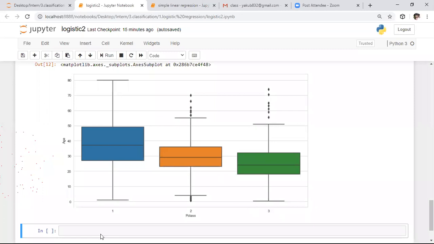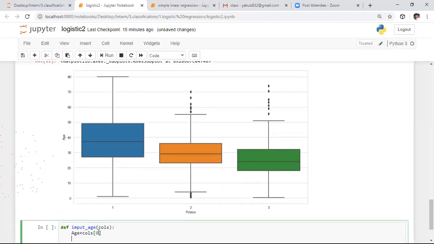For that purpose, here I am creating one function. We need to consider two parameters.